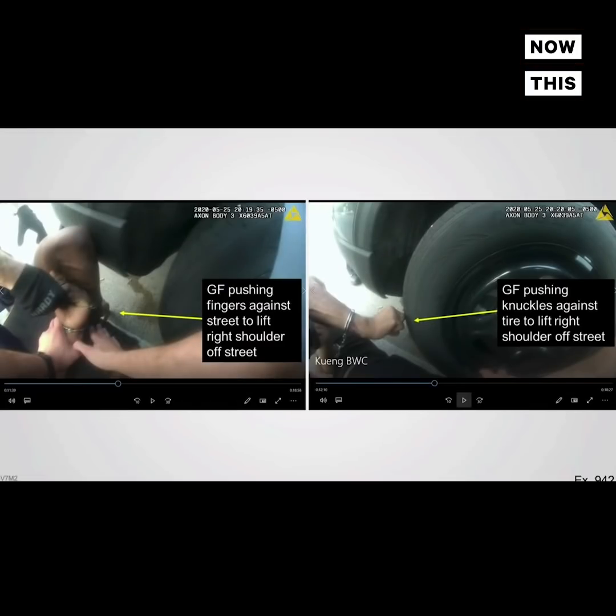In the left image, you see the finger on the street. Then over on the right image, you see his knuckle against the tire. And to most people, this doesn't look terribly significant, but to a physiologist, this is extraordinarily significant, because this tells you that he has used up his resources and he is now literally trying to breathe with his fingers and knuckles. Because when you begin to breathe with your rib cage and your diaphragm,